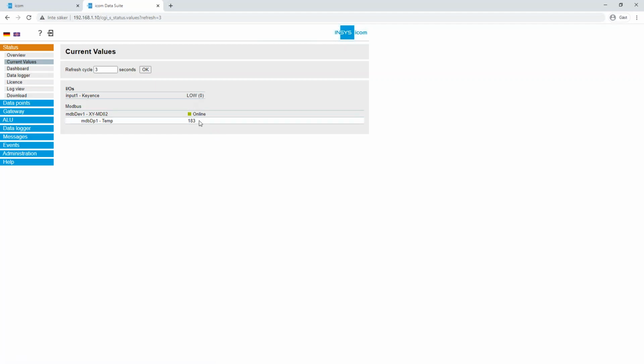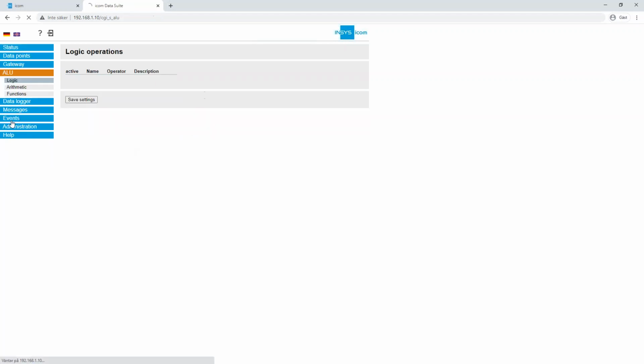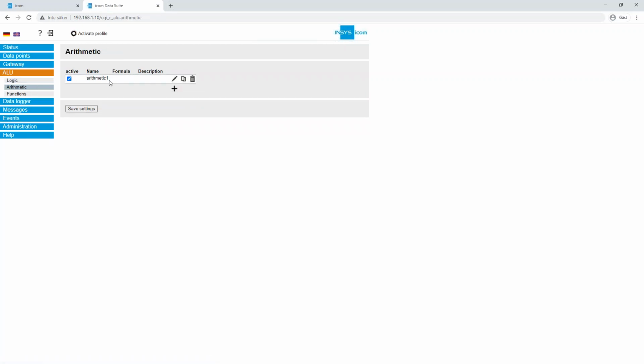And we have the thermometer, but it says 183. So that value is a little strange. Because I know that to be able to get the correct value in Celsius for this thermometer, we have to divide this number by 10. So we can actually do this in the router. We go to ALU and go to arithmetic, and we add arithmetic, and